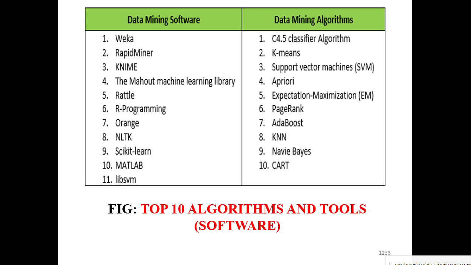Below the hyperplane, there are points called one class. Above the hyperplane, we have a group of points called another class. Then the Apriori algorithm is an association rule mining algorithm, used to find frequent item sets. For example, in market basket analysis, we look at purchase combinations like bread and jam, and eggs and bread.